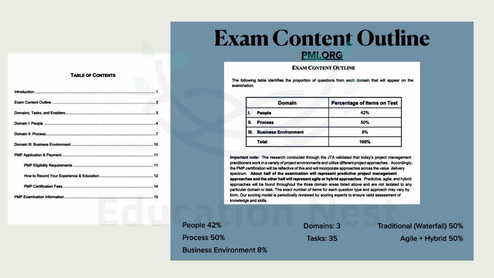Anyways, in the latest exam, we will be assessed on whether we can perform 35 different tasks from these 3 domains, right? So we have 3 domains and a total of 35 tasks. Each one of these tasks is further divided into enablers. We will learn about what these enablers are in the slides to come. Moving on,